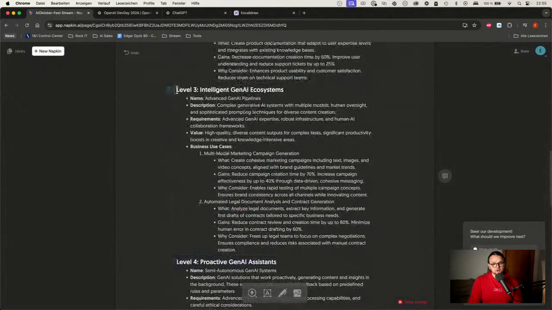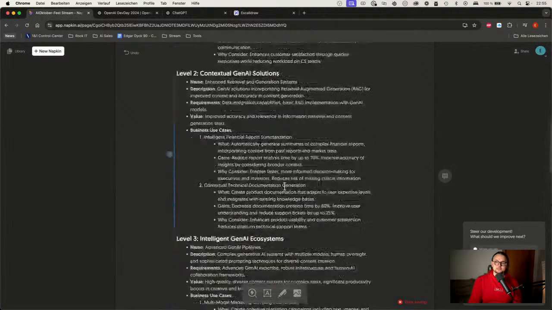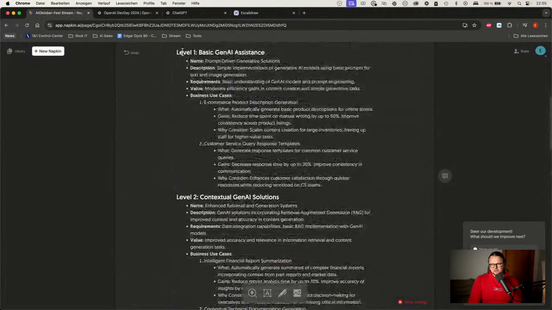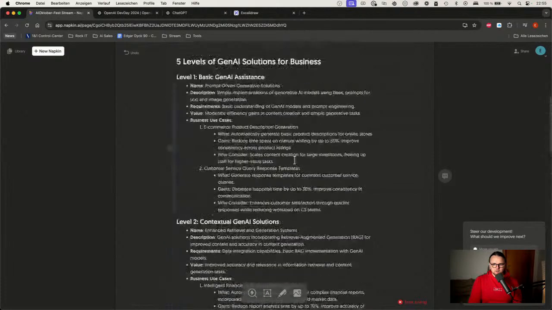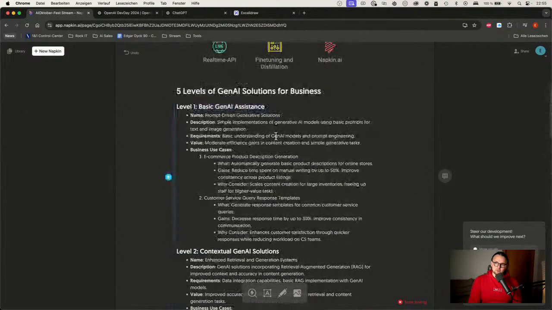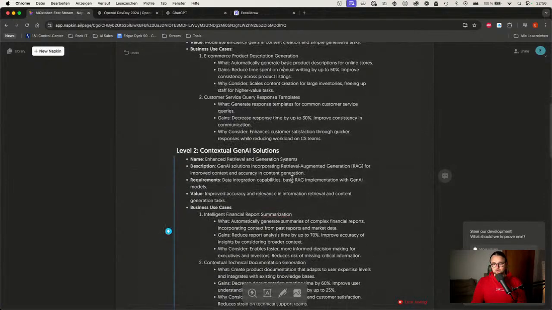But I would start every more complex solution on level 3. For prototyping, you might even get away with basic GenAI assistance. So what I do if I want to test if some prompting I come up with might even work, I build a prompt that should be dynamic in the future. I build it completely static and just try it out. So that's something you could start with. Then you go ahead and go to level 2,